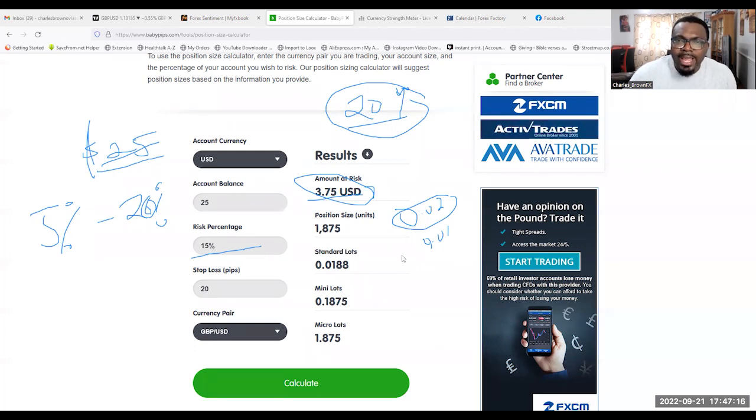What do you do? You find the right M pattern. This is the right M pattern. It's forming, as this one is forming to break this previous high, this is where you get in. Now you enter 0.01. You wait for price to break the neckline. Immediately the neckline is broken,